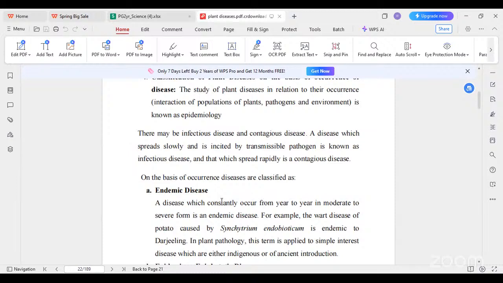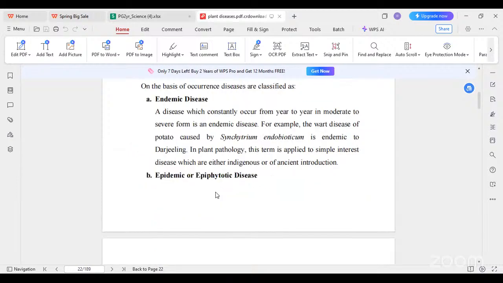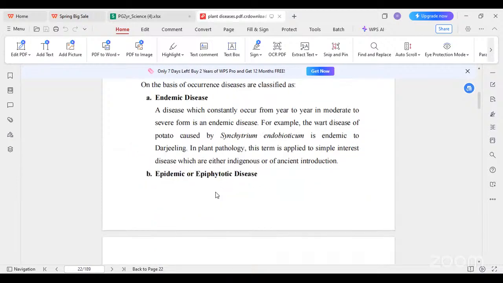A disease which spreads slowly and is incited by a transmissible pathogen is known as infectious disease, and contagious disease. On the basis of occurrence, diseases are classified as endemic disease: a disease which constantly occurs from year to year in moderate to severe form is an endemic disease. For example, the wart disease of the potato